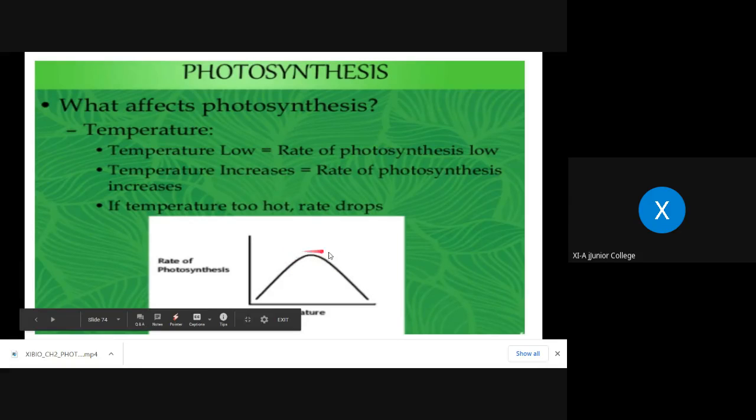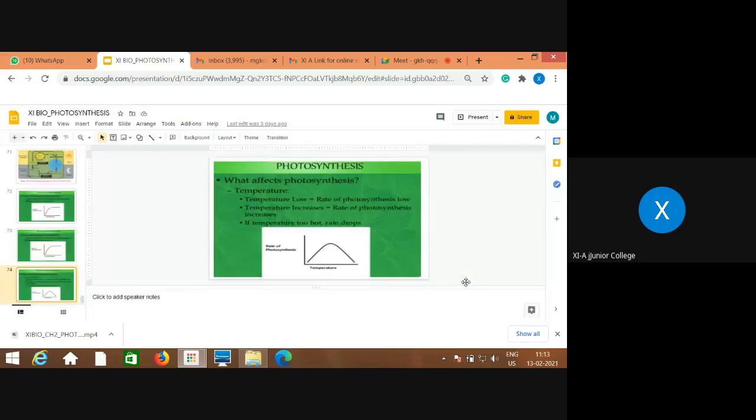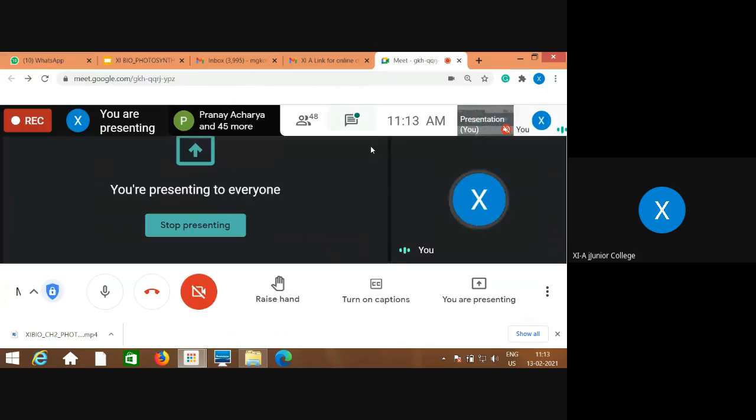So this is all about the external factors of photosynthesis, and the internal factor is what? Chlorophyll. You can consider chlorophyll an internal factor, and if chlorophyll is present in sufficient amount, then obviously the rate will be good. If it is not present, that comes under the internal factors. So obviously it is going to